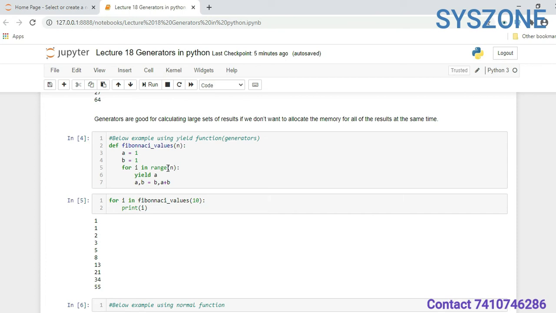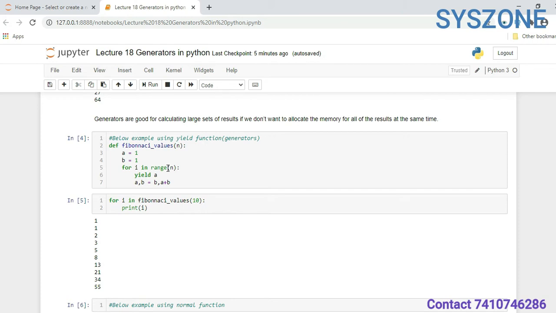But in the case of a generator, if we generate one value and want to use that one value, we can allocate memory to that value only. The remaining 9 remain as they are. Whenever required, we can resume the generator and allocate memory for that.